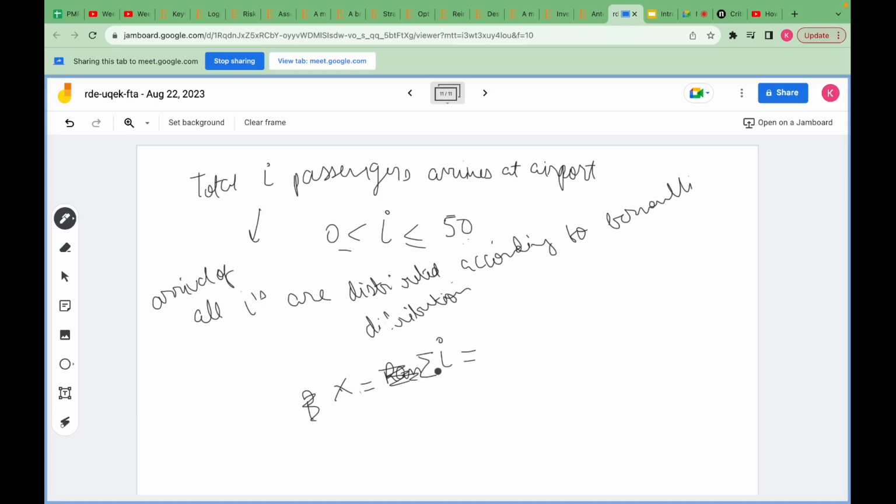No, sorry, this is not the sum of I. There are a total of I passengers who arrive at the airport, and all these i's are distributed according to Bernoulli distribution. So this I is distributed according to binomial distribution,